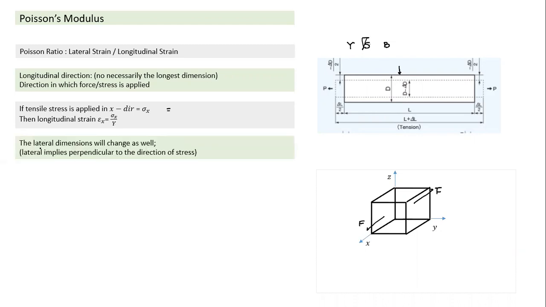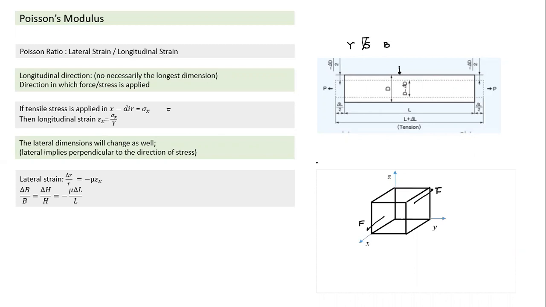It will also change lateral dimension. The lateral implies perpendicular to direction of stress. So in this case, lateral strain. So suppose it was a circular rod here, cylindrical rod. Lateral strain I can write as delta R by R. The lateral strain will be equal to mu times of longitudinal strain with the negative sign. Why is the negative sign? If this tends to increase here, if this force is tensile, length will increase, this will be positive, this strain will be negative.